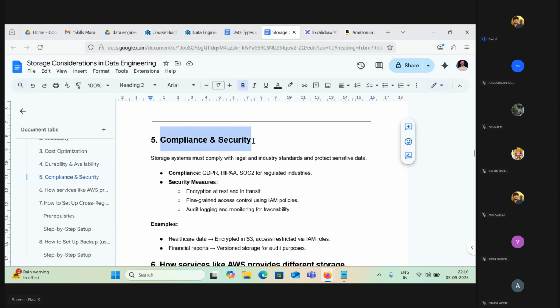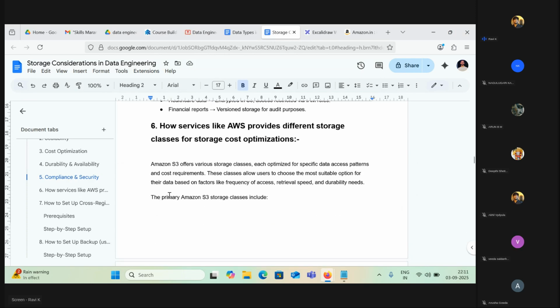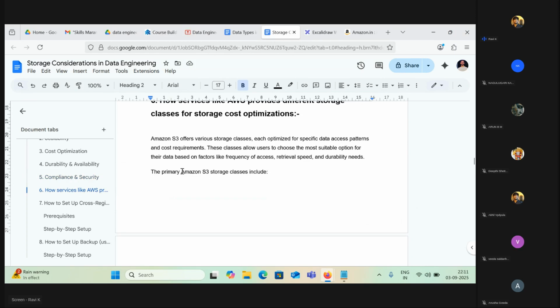And compliance and security. Whenever you are storing data, that data is at rest. Rest means currently you're not transferring it; it's in your storage, right? At that time also you need to maintain compliance and security. Data in transit means data is taken from the storage device and sent over the network to your destination. In that transition, in the network as well, it should be in compliance and secure. We can call it encryption. You can perform encryption techniques as well, and at the destination as well, it should be in encrypted format. Okay. And this Amazon S3, right? Amazon S3 is a storage, as I mentioned.